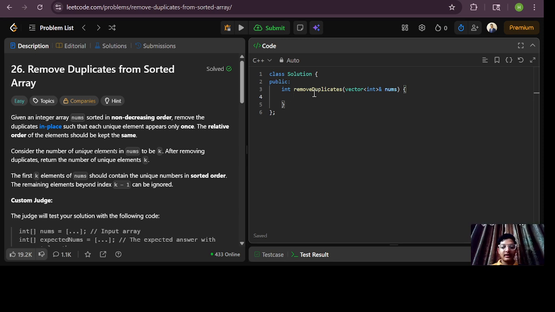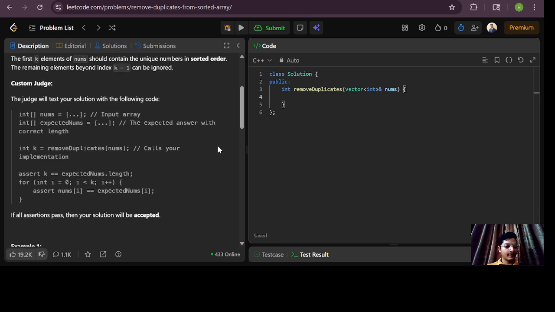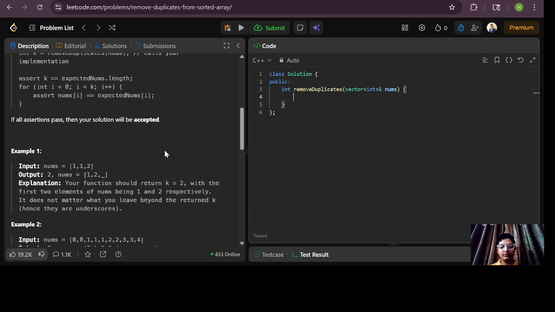For example, if the input array is like this, 1, 1, 2. After removing duplicates, the array becomes only 1 and 2. The answer returned is 2 because there are only 2 unique elements. And since the array is already sorted, all the duplicate elements appear next to each other, which makes the problem easier to solve efficiently. To solve this problem,